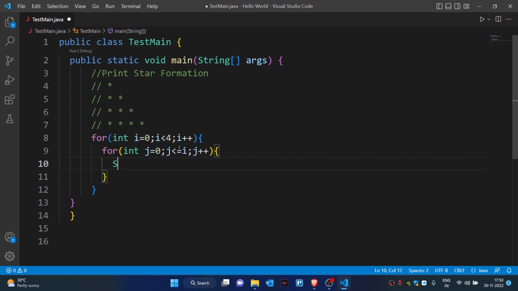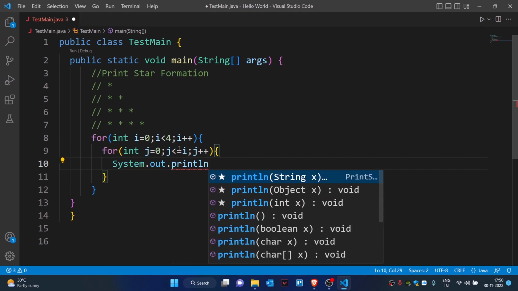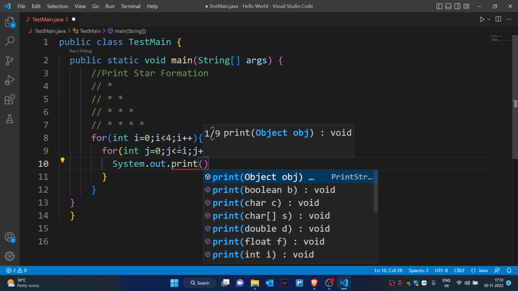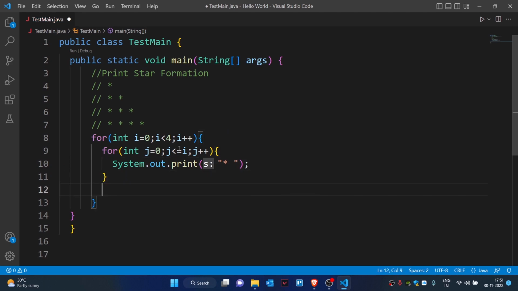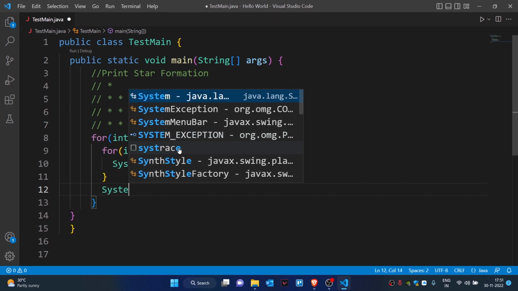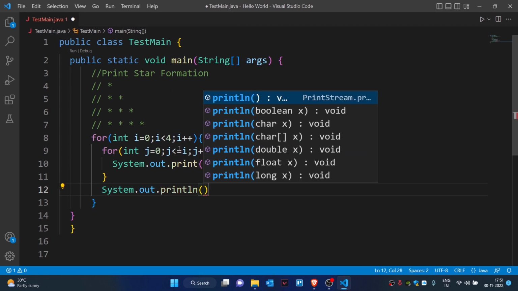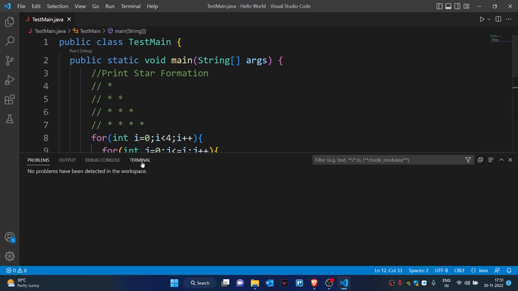Now I'll have my System.out.print. I would not use ln because my inner for loop shouldn't leave that particular line. So I would have my star and a space just to be visually appealing. And outside of my inner for loop, I would type System.out.println and leave it empty because I do not want anything to be written, but I want to go to the next line. Now when I try to run this program,